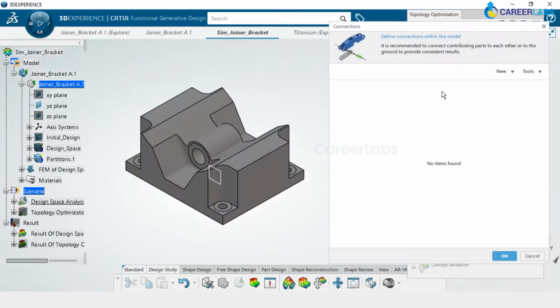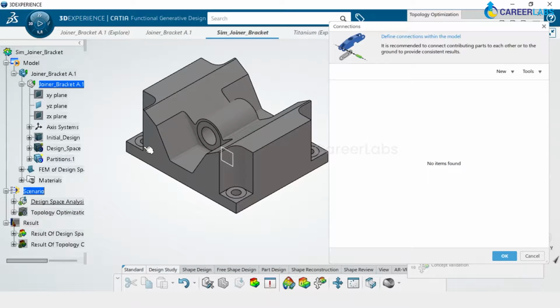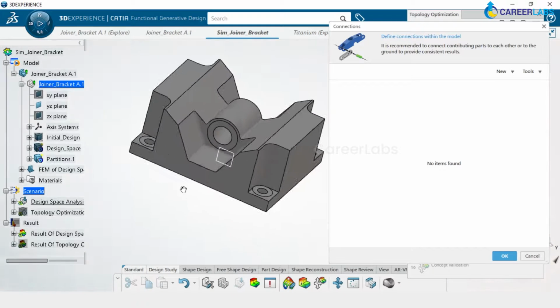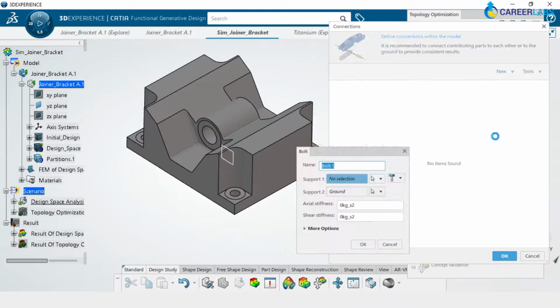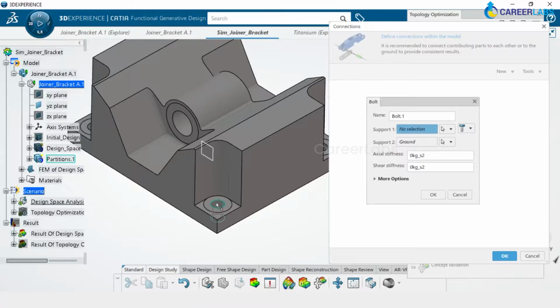Next comes connections. So connections is nothing but, I told you in the beginning, after importing the part, that these are the four holes wherein we will have to actually replicate the real-time situation. So we will have four bolts here. So I go and select new and then select bolt. Okay, I have this option of creating bolts. So I select bolt 1 and then go and select this edge. Okay, so now see that software by default creates a virtual bolt. So then once you create the virtual bolt, you can go and give some axial stiffness. So I am going with 1e08